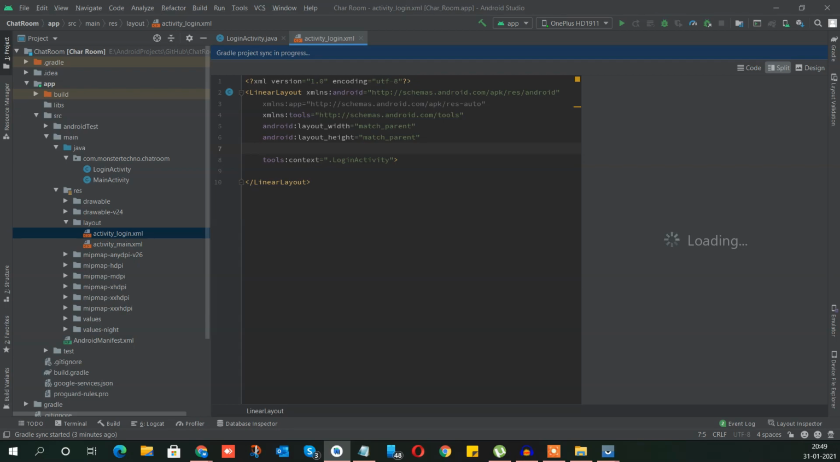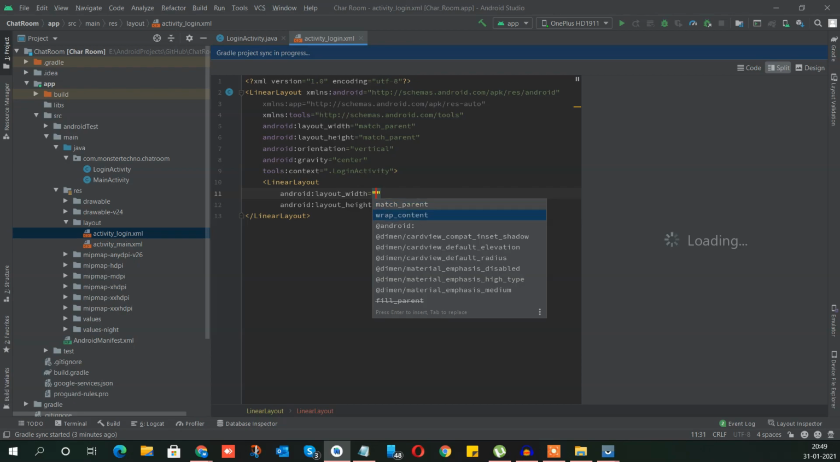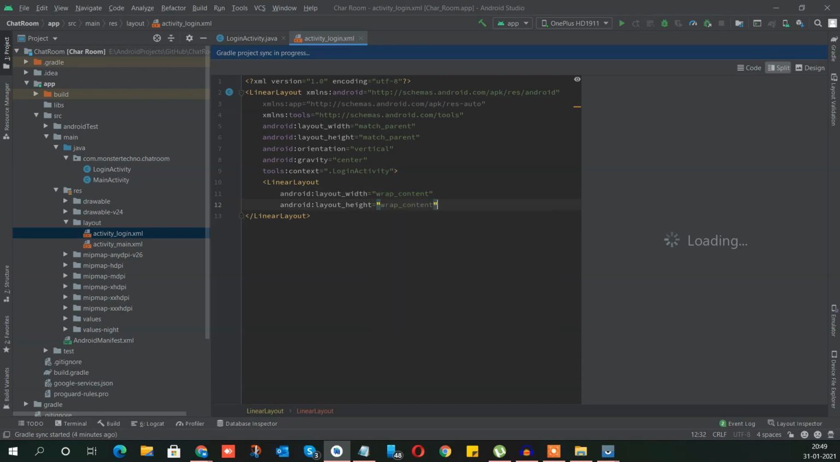Just give it orientation as vertical, gravity as center. And under that we need one more linear layout, which will be wrap content by wrap content, and this orientation will be horizontal. Under that we need to give something like,